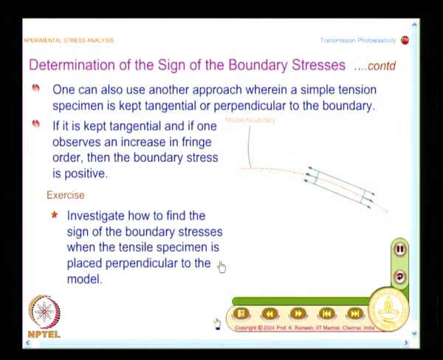So, what we have seen is that we can find out the sign of the boundary stresses either by using a nail test, or a sharp edge, or even by having a simple tension member kept in front of the model. And in fact, in stress freezing, you can also stress freeze the tension specimen and keep it ready and just keep it tangential to the boundary or perpendicular to the boundary. You do not even have to pull it. You will get that idea after looking at how people employ 3-dimensional photoelastic analysis,